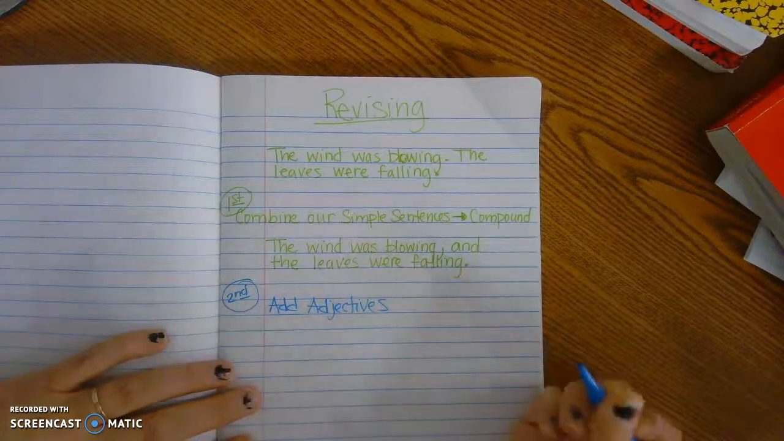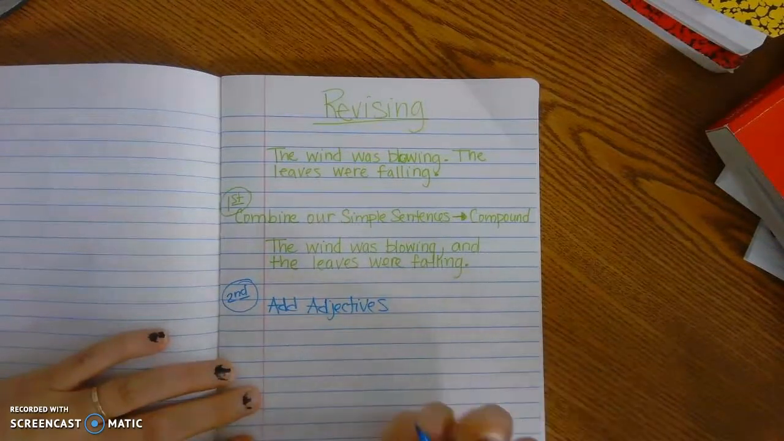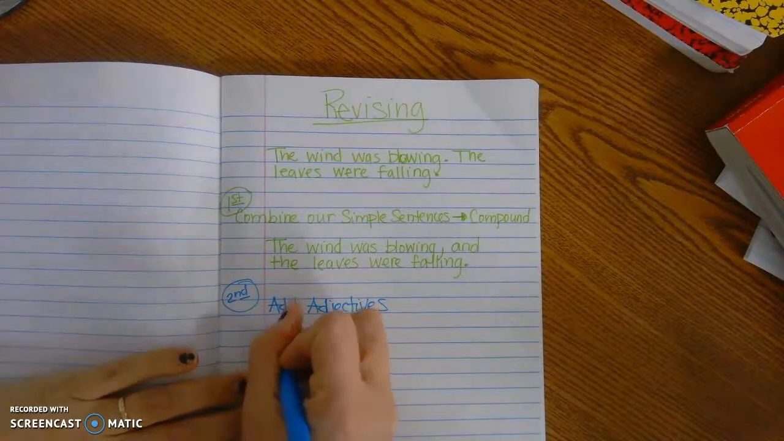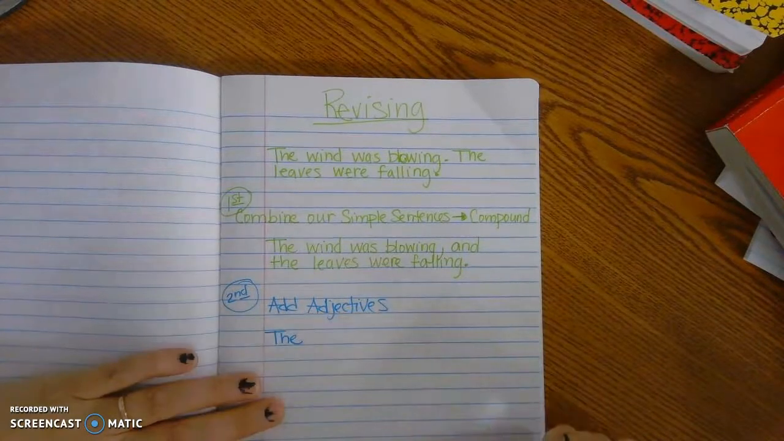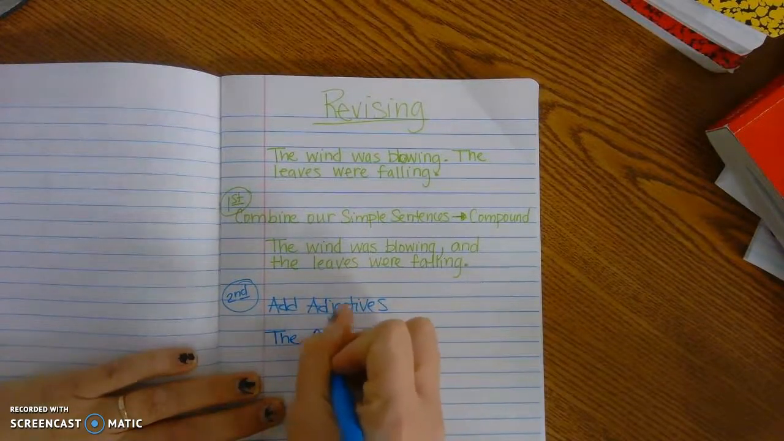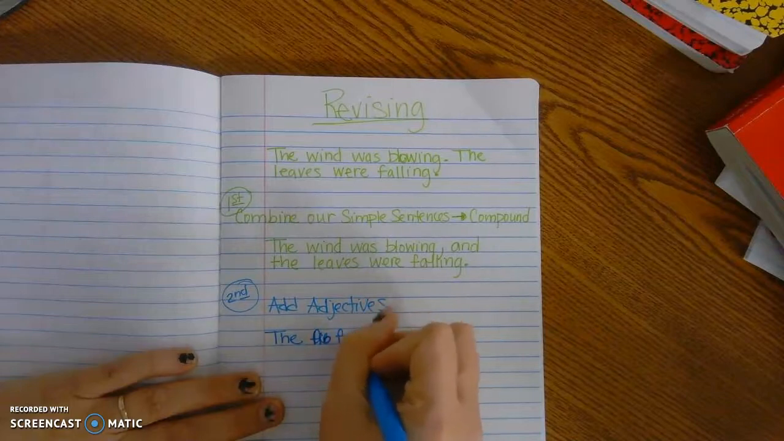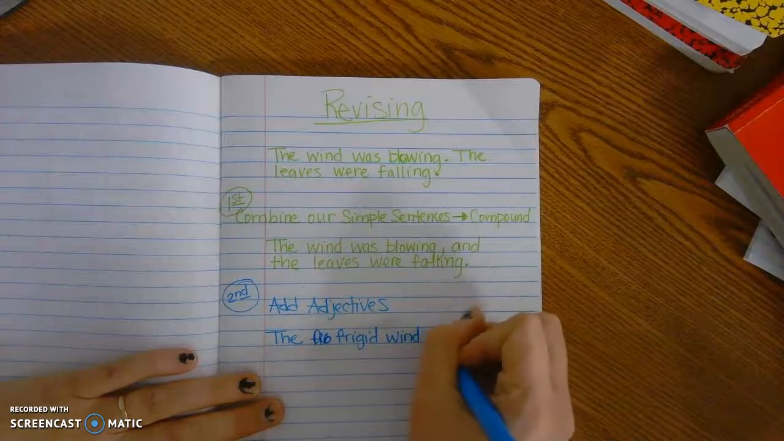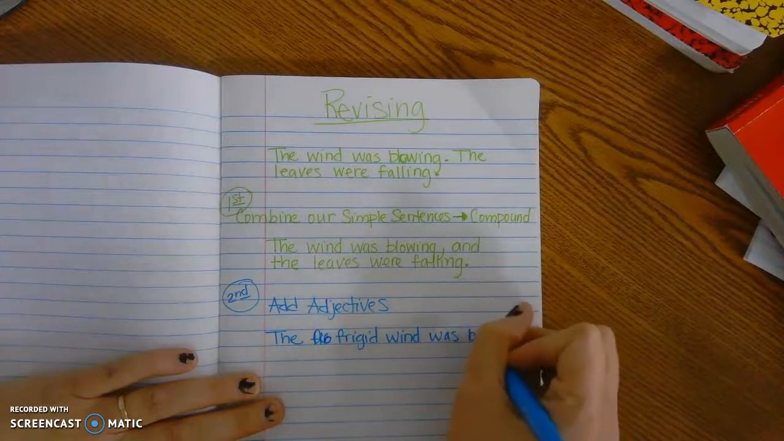Because I know nothing about the wind right now. Okay, so I'm going to make my wind in my sentence cold. Alright, so and instead of cold, I'm going to put frigid. Frigid is another word that means cold. If I can spell it, the frigid wind was blowing,